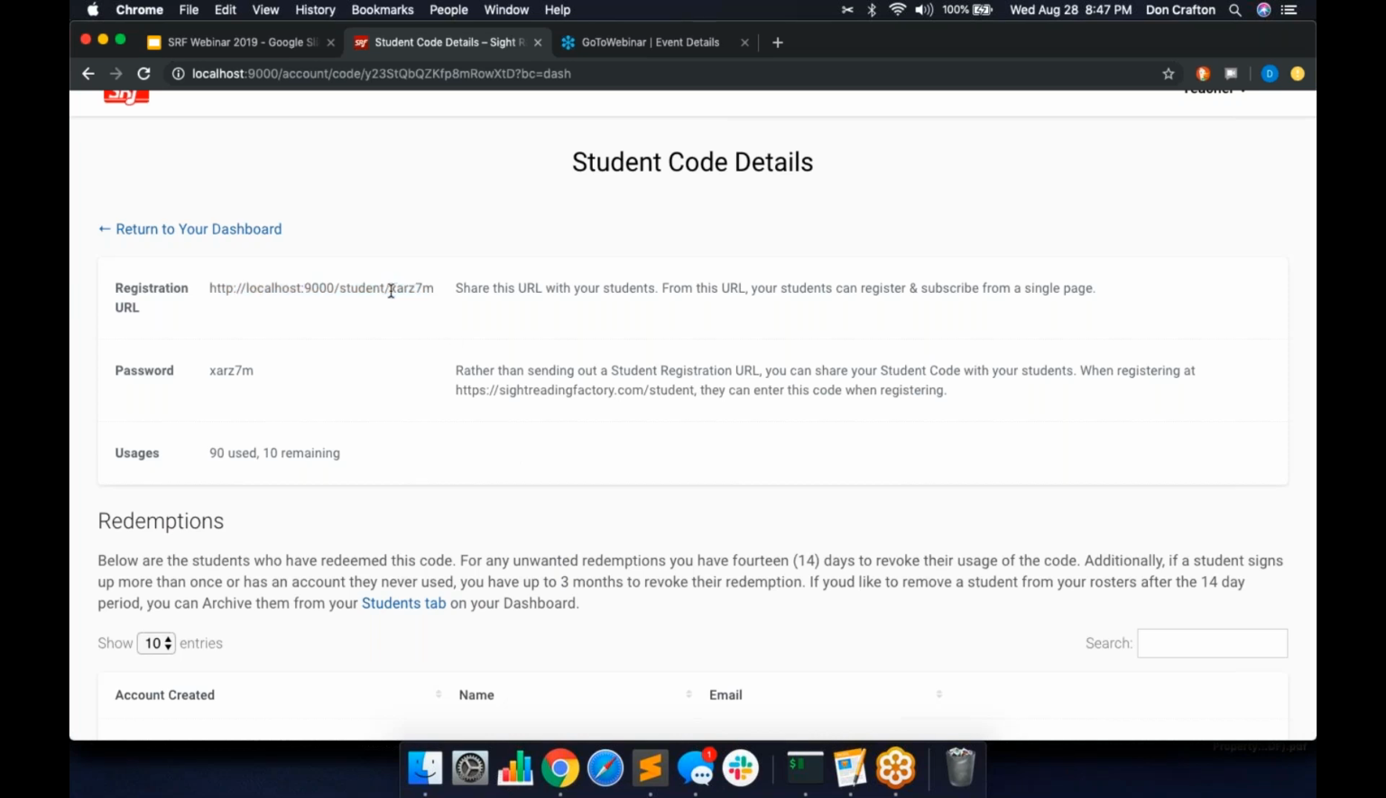You'll see that right there. It's part of the registration URL. That's probably the easiest way to do it, is just email this to your students, or put it in there. If you have Google Classroom or something like that, just give them this link and they click that. It saves them a step. But if not, then the student would just go directly to